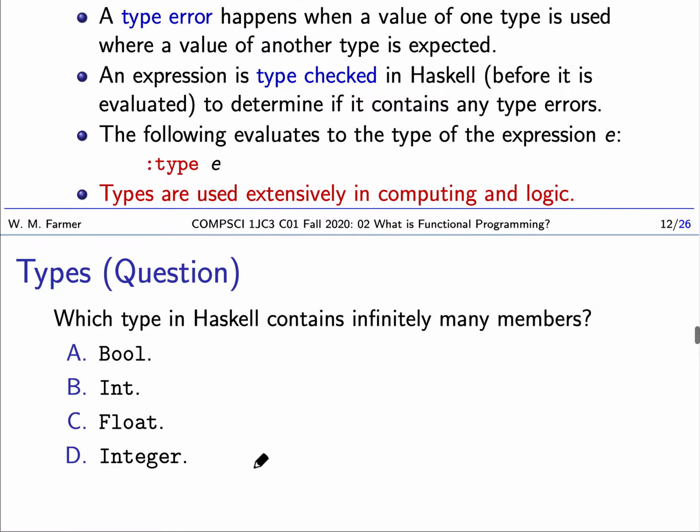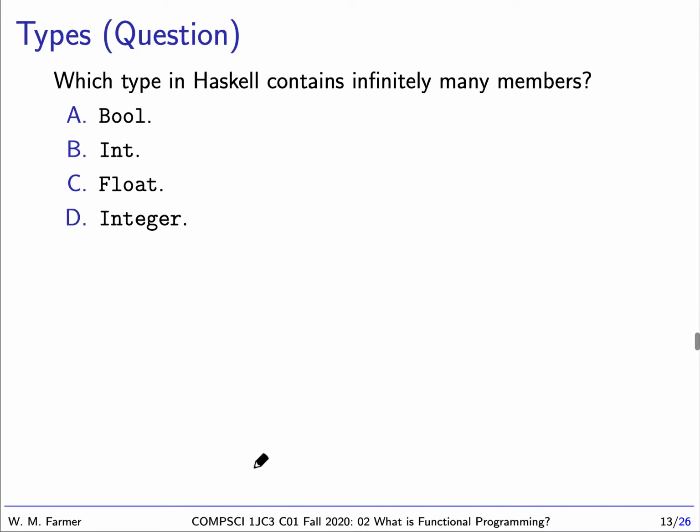Okay, so here's a types question. Which type in Haskell contains infinitely many members? And you have 4 choices: bool, int, float, and integer. Now, to clarify a bit,